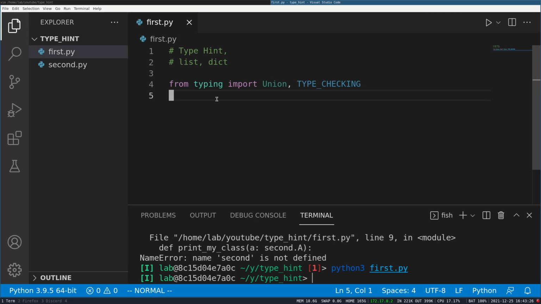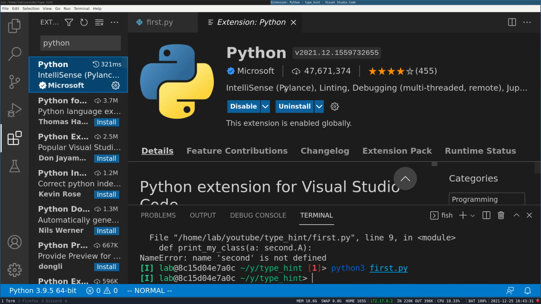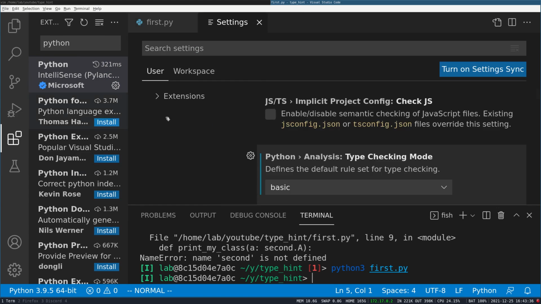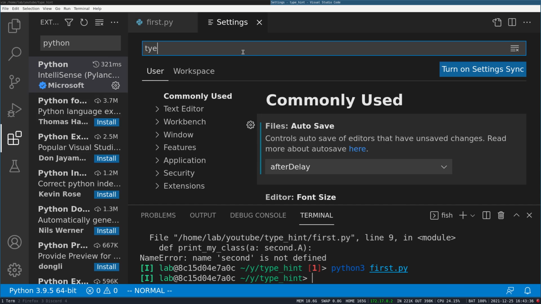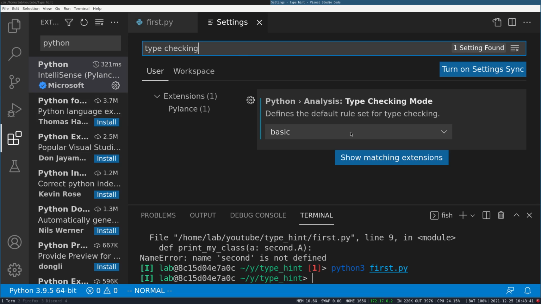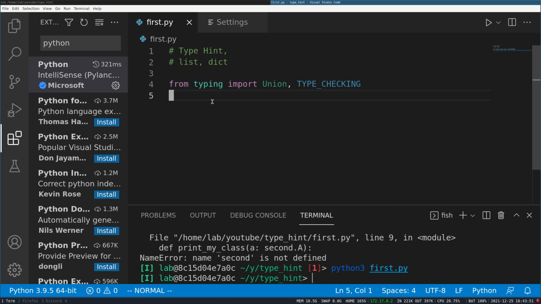And now I will talk about how to set this up in VS Code. So search for the Python extension, install the one that is by Microsoft, and then go to settings. In settings, search for type checking, and you will find that it is off by default, but I keep it at the basic level. If it is off, then it won't show me many errors.